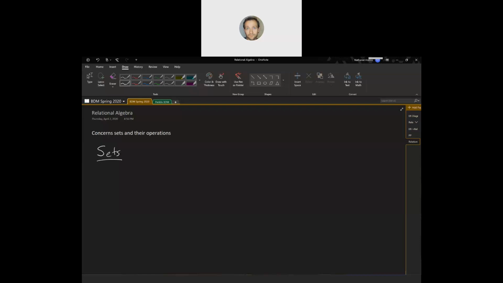So, sets. If I just draw one circle like this, it is considered the world. This is the world of everything that this set is concerned with. And it's depicted by this Greek letter omega. So, for example, this could be social security numbers, or all integers,